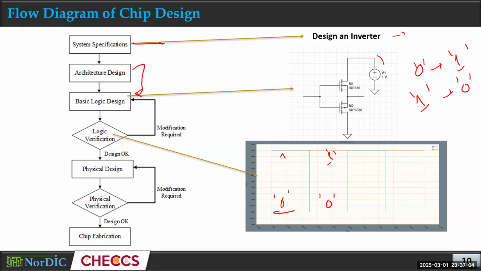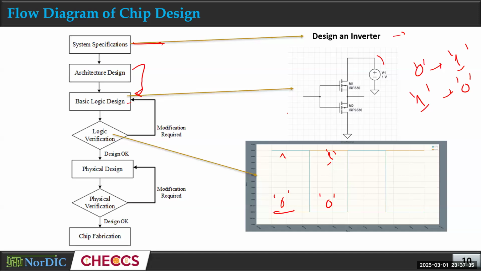Okay, so if the simulation tells you the circuit design is not correct and it's not working properly, then you'll have to go back, modify the circuit design, and do the simulation and verification again until you get the proper result. You will have to do this iteration. You'll have to modify the circuit and do the same step again and again. Okay,